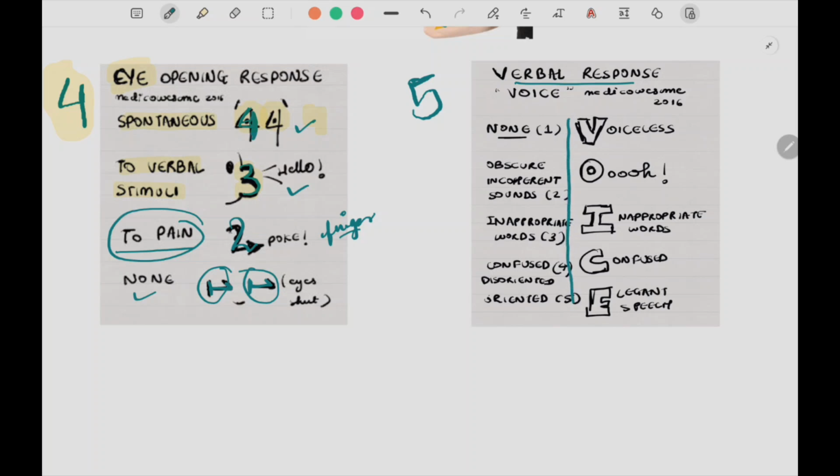Now coming to the verbal response, similarly a verbal response, matlab voice, so you just write voice like this on a paper, okay? And then you will see in the first one V here, this will tell you a voiceless person. ठीक है, V से क्या हो गया? Voiceless person. जैसे आप क्या grading हो गए? अब यहाँ हम उल्टा जा रहे हैं. 5, 4, 3, 2, 1.